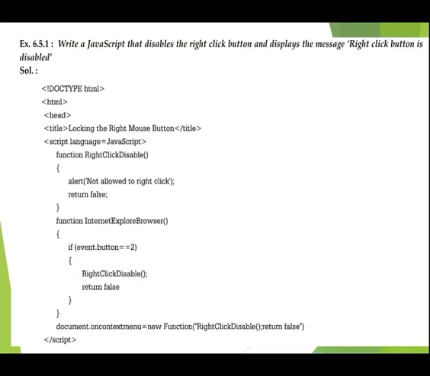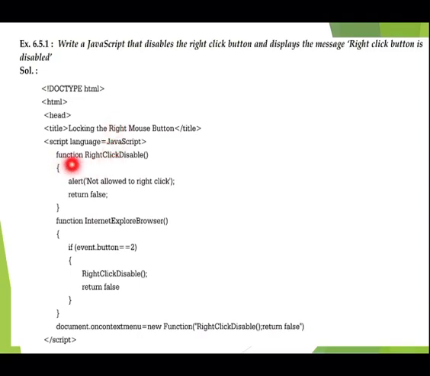So this is the code to disable the right click button of your mouse. First is your doctype HTML tag, then your HTML tag, then your head tag, and the title is given as locking the right mouse button. Then is your script tag.